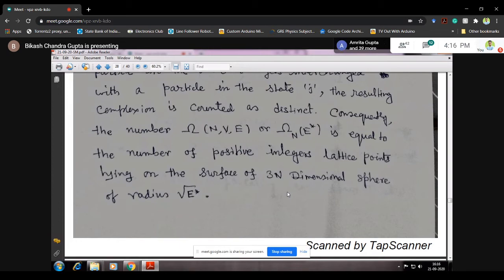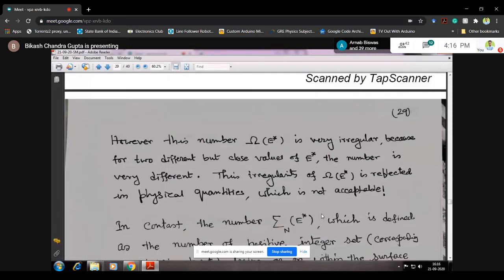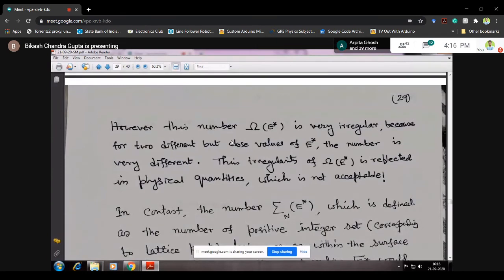কোন কোন জায়গায় তুমি ইন্টিজার পাচ্ছ, সেই পয়েন্টগুলো উইল করসপন্ড টু আ মাইক্রোস্টেট। ওকে, এবার সেই পয়েন্টগুলোকে তোমাকে খুঁজতে হবে এবং তাদেরকে সব কটা একসঙ্গে করতে হবে, সেটাই হচ্ছে টোটাল নাম্বার অফ মাইক্রোস্টেটস। নাও হোয়াট ইজ দ্য রিয়েল প্রবলেম, এবার দেখা যাক প্রবলেমটা কি। প্রবলেমটা বলছে, now this is a theoretical way of calculating the total number of microstates. Okay, now the problem here is that